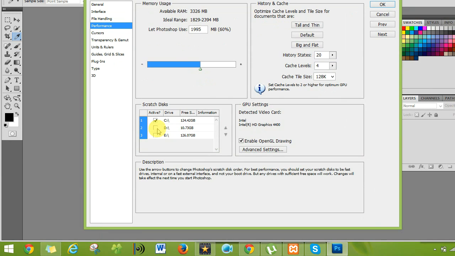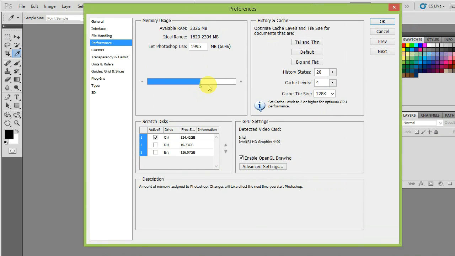It is like the storage value of Photoshop. If I cross this limit, Photoshop is going to show me the not responding mode. I can change this and attach this also. I can also increase the MB size, how much it can store, the ideal range and everything.